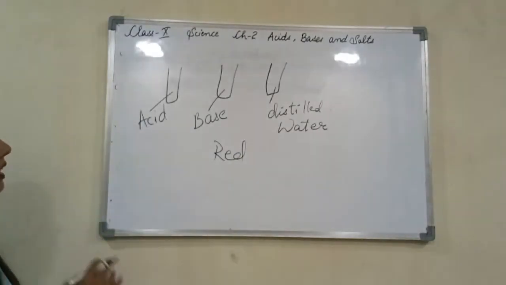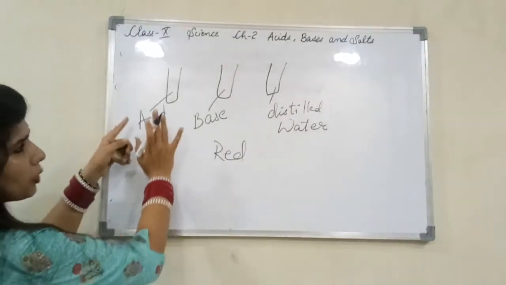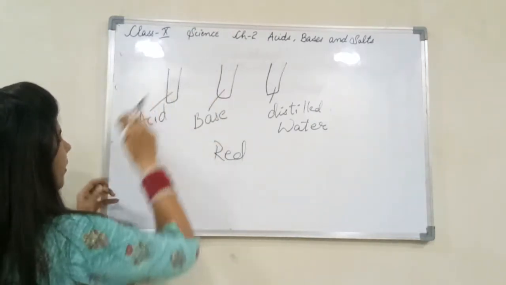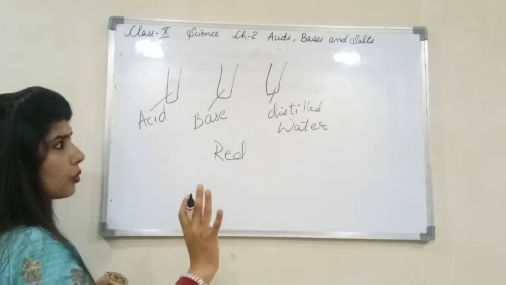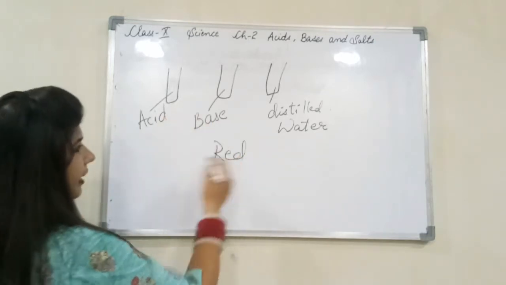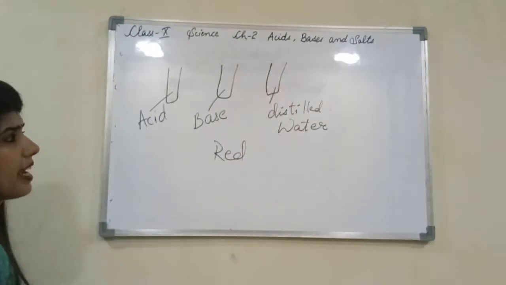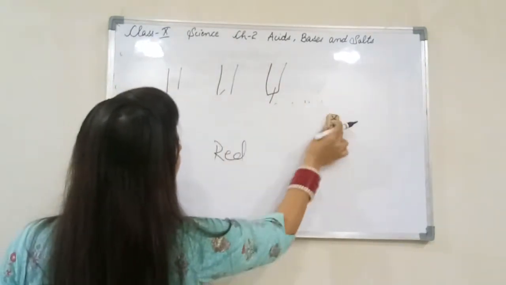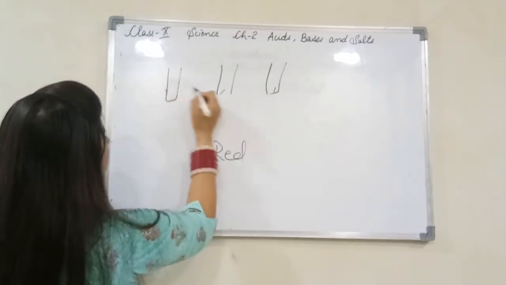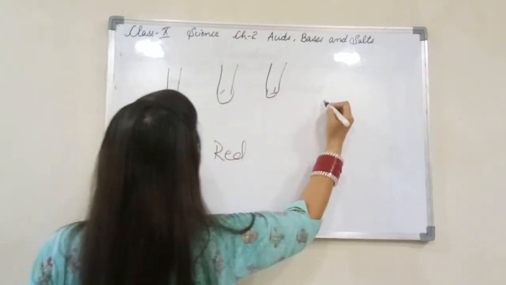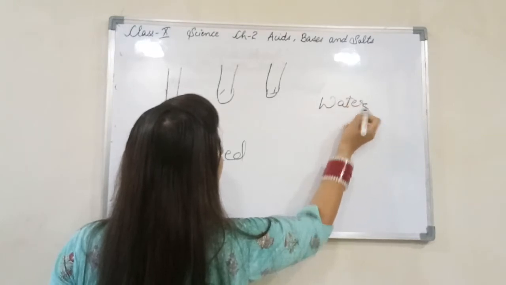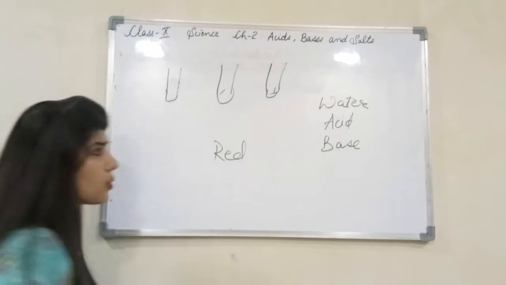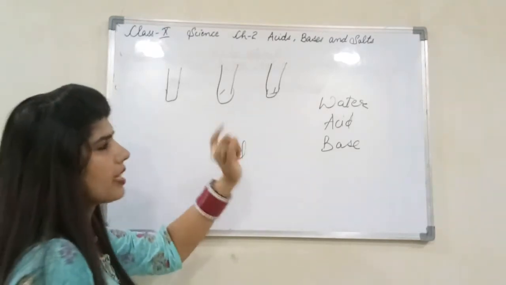Now how will you identify? These things are not known to you. देखो मैंने यहाँ पे तो मार्क कर दिया, but आपको ये नहीं पता कौन सी वाली टेस्ट ट्यूब में क्या है. Okay, कौन सी वाली टेस्ट ट्यूब में क्या है? You don't know this thing. I just have marked. You have a red litmus paper. How you will identify किस में acid है, किस में base है, किस में distilled water? Just read. 3 test tubes are there. One contains water, other one acid, other one base.